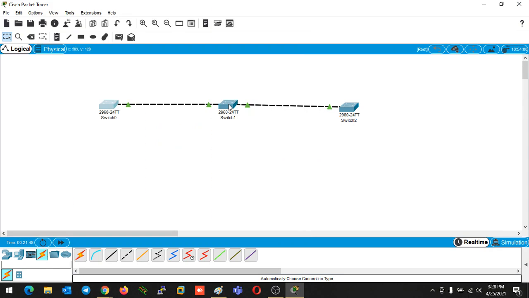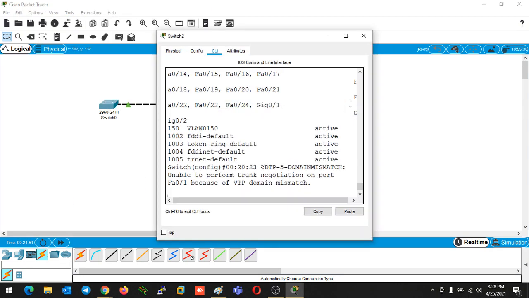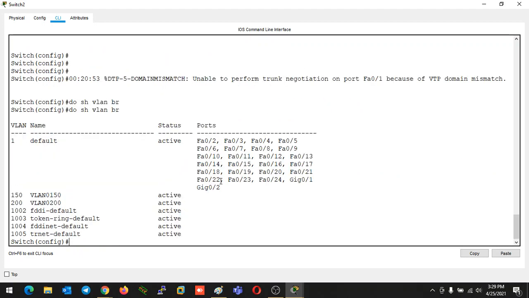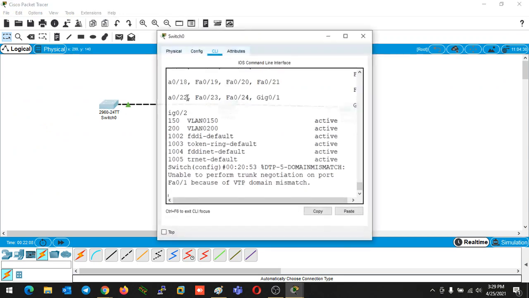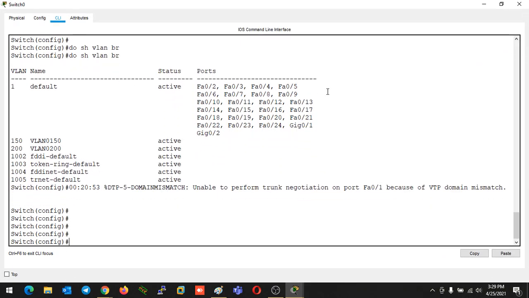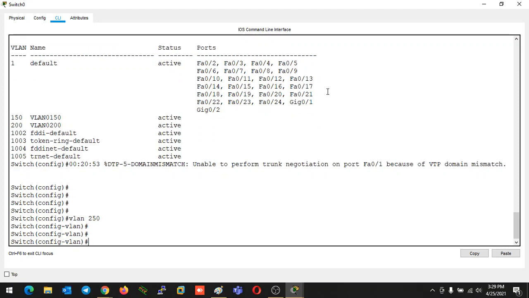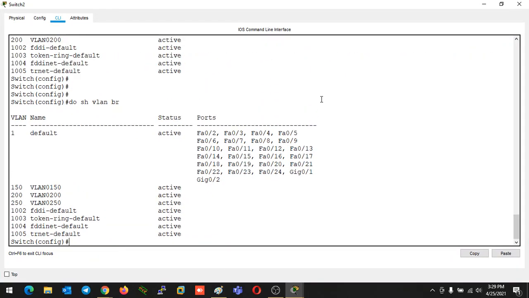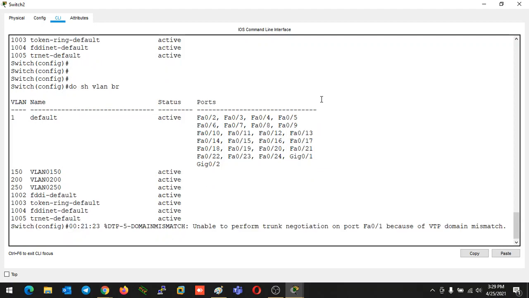So we know the transparent switch will not implement the update. That's why I am directly going to the client switch to check the VLAN information. Show vlan brief. So here you can see, okay, how is it possible? Okay, let me try once more. Might be just because of Packet Tracer it's doing the things. Okay, I think just because of Packet Tracer it's behaving like this, but it will not pass the VLAN information. The VTP updates will not pass from the transparent switch.